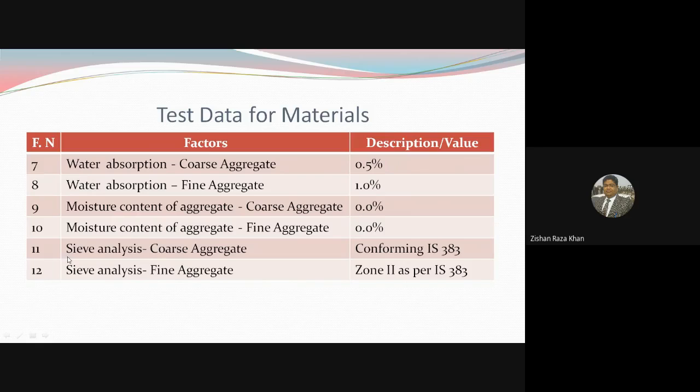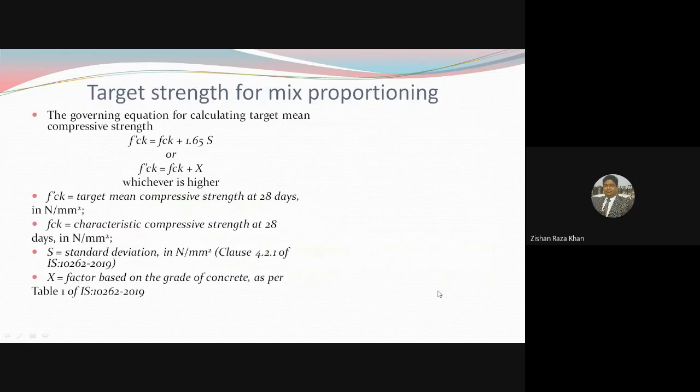By conducting sieve analysis of coarse aggregate, it is found to be as per the requirement of IS 383. And sieve analysis of fine aggregate shows that it lies in Zone 2 as per IS 383. Now, to begin with the mix design, first we need to find out what target mean strength we should be taking up. So these are two formulas, and whichever is coming up higher,